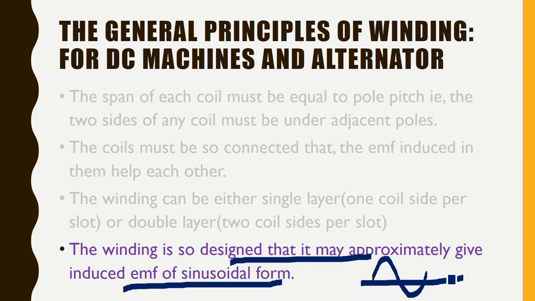That is a requirement. What we do, as we discussed in the short pitch winding data, to make it a better sine wave, we generally do short pitch winding. Generally it is done by the designer. A technician will be removing the coils, counting the turns and rewinding only. So it is not much of a point to bother a general technician. Anyway, it should be a sine waveform only.